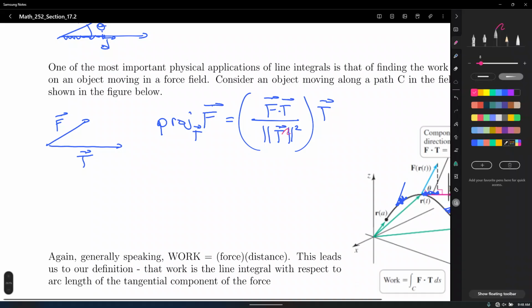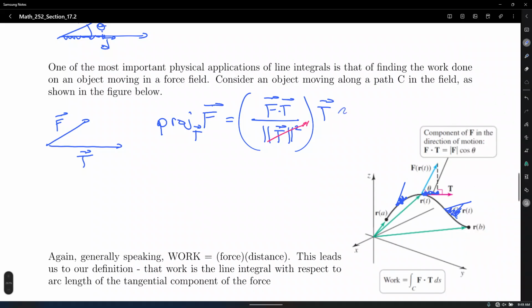That's because what's the magnitude of big T again? It's the unit tangent vector, right? So the magnitude is 1. So, boom, this goes to 1. Good. So that means this is equal to F dotted with T